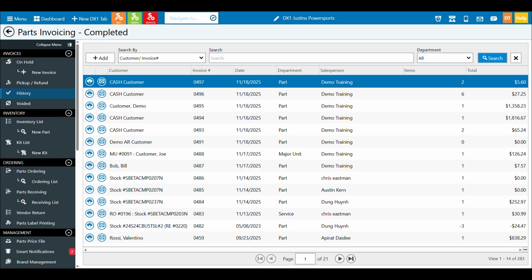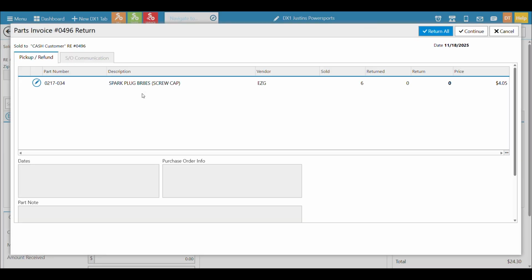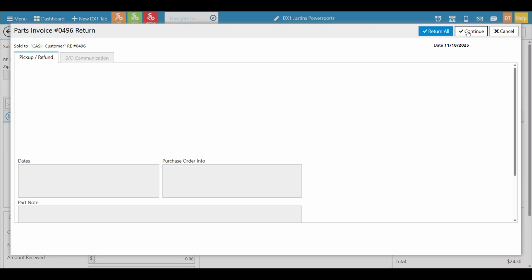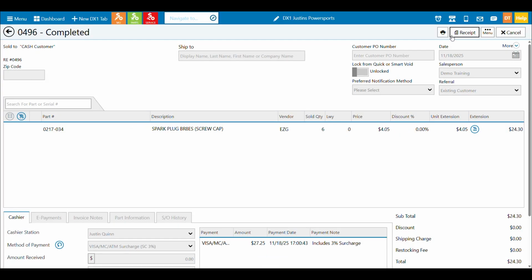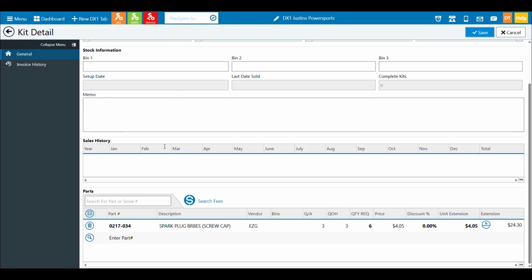Another great thing to look at when you're selling kits, and let's go ahead and take one with multiple parts here, is rather than going in and adding parts to a kit manually, maybe this invoice had many of them, you have a completed invoice, you can click an icon from an invoice and it will copy those parts right into a kit, making it a lot quicker than typing in the manual numbers again. You may have already had an invoice where you sold a particular kit. Go to the history, find that invoice, bring all those part numbers over, and save yourself some time.